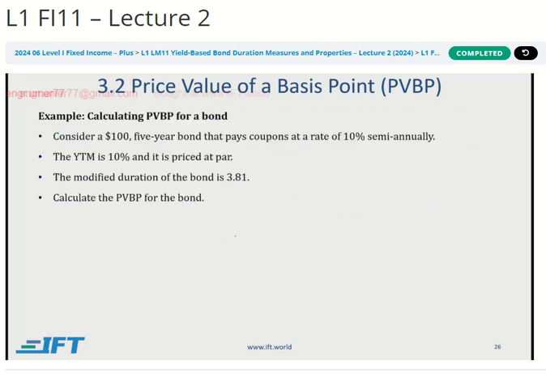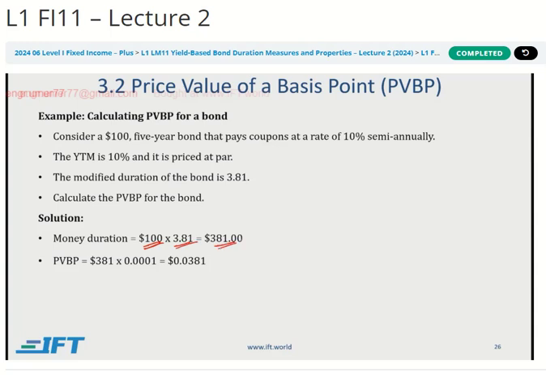Right, so here is a question for you. Please pause the video and try to solve it. Very straightforward. Money duration is 381 and then multiplied with 0.0001 is 0.0381, which is your price value of a